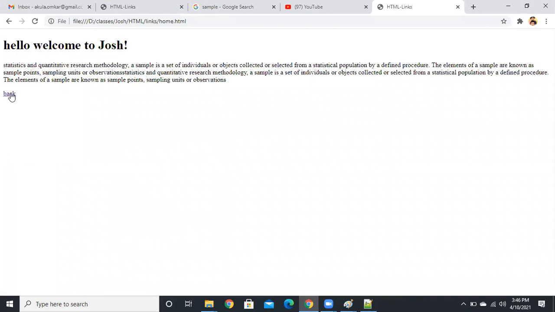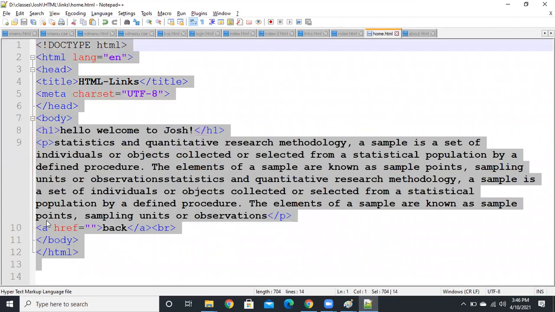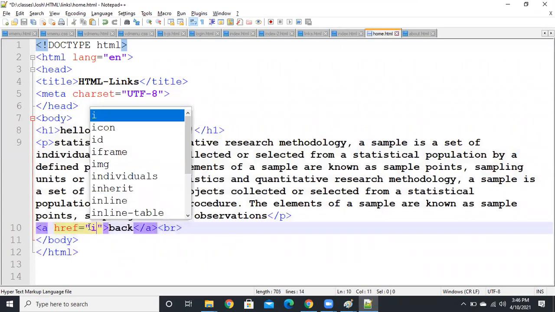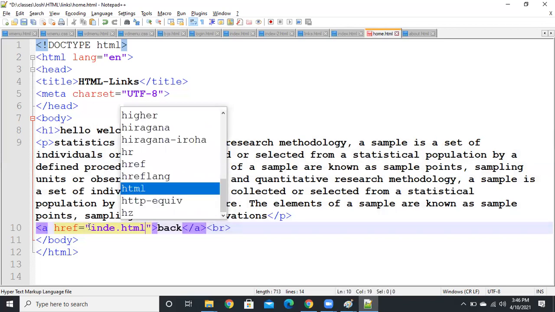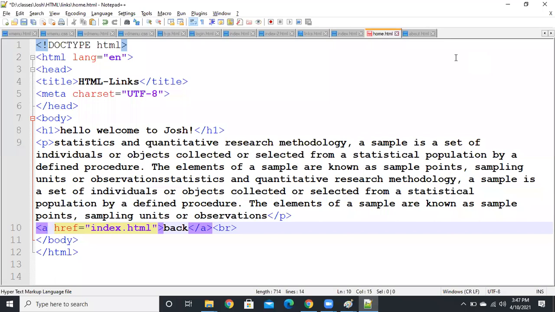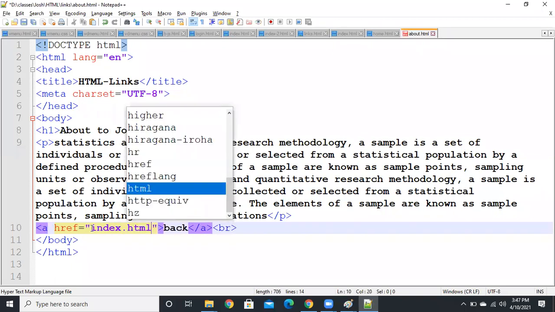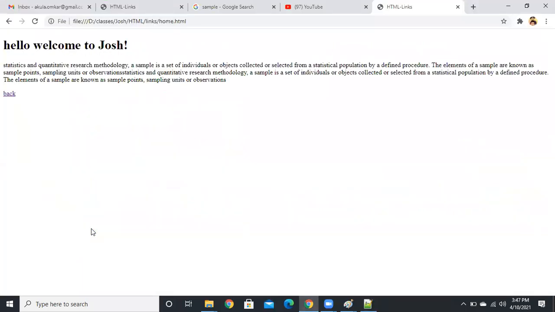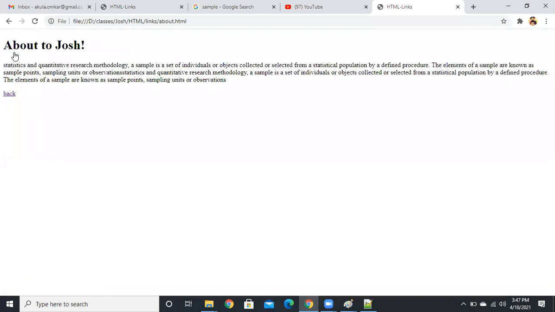We need to navigate to the index, right? So in the href here, you need to mention index.html. Here also the same in about, you need to give index.html. Like that, back goes to index. Understood now? Like that only.